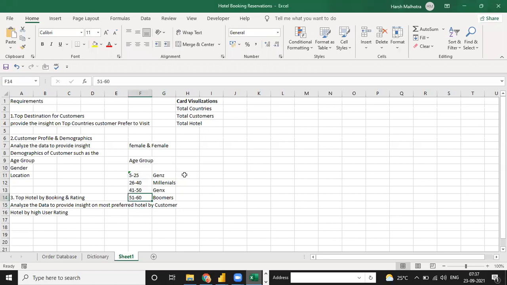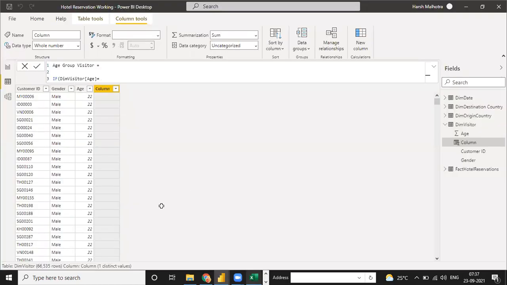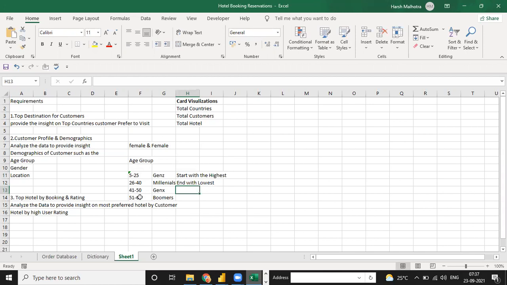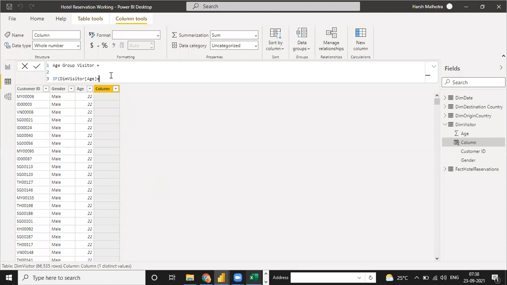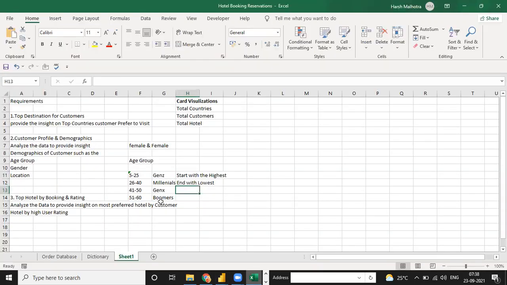The first thing you have to do, I can write it here: start with the highest and end with the lowest. So what is the age? Like in the age of 51 to 60, it means your age is greater than or equal to 51. Then the result if true is what you need: Boomers.